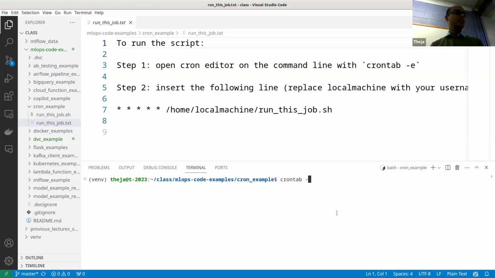So crontab -e is the way to get to a file, which is just a text file where you specify what is the program you want to run and when do you want to run it. That's it. So what is scheduling, right? You don't want to run the program now. You want to defer it to some future time. And the question is, what is the name of the program? Where is it located? And when do you want to run it? Okay. That's what scheduling is, right?